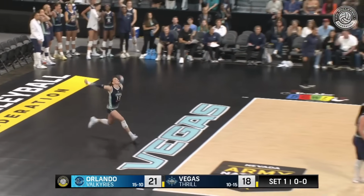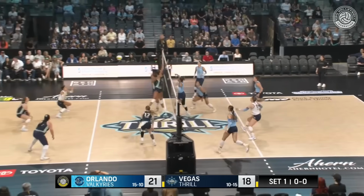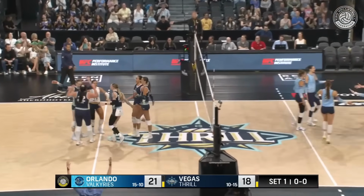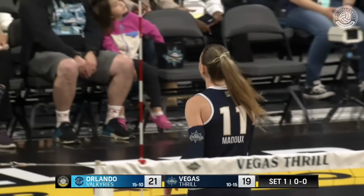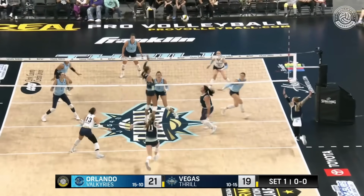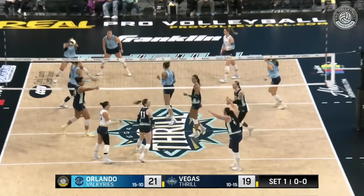Shampoo Goodpard seeing a complete turnaround. Back row, Jardine gets some help from the tape, and it's a 2-point set. The Thrill really want to run that quick pick down the middle of the court. They feel very comfortable having an offense down the pipeline, opening up back to the sideline. Watch as Maddox is able to open back to that sideline, getting a little bit lucky off the top of